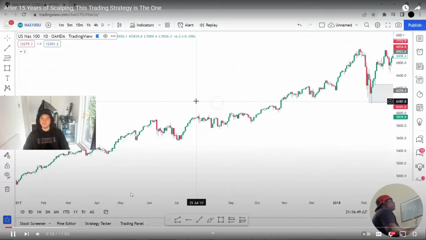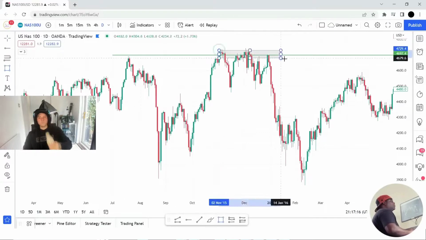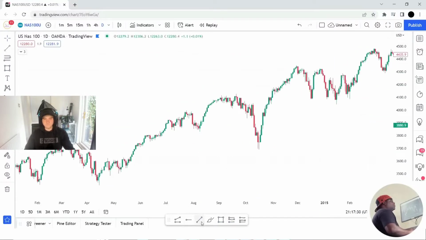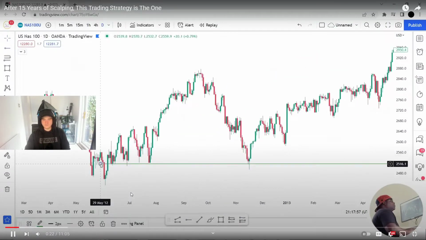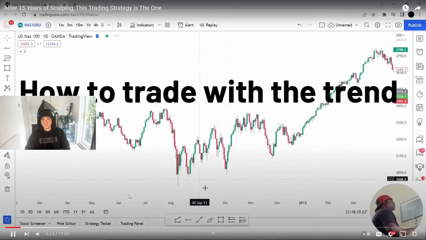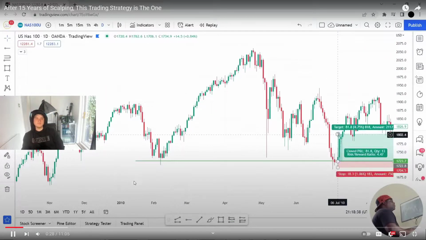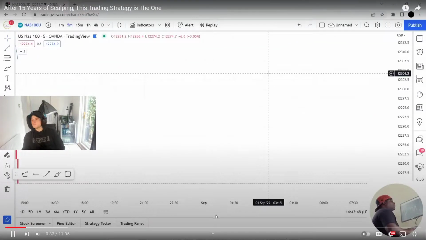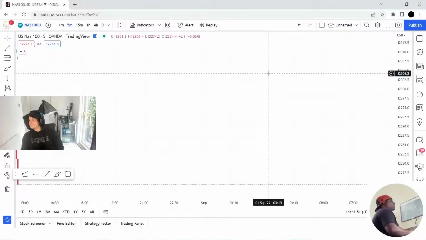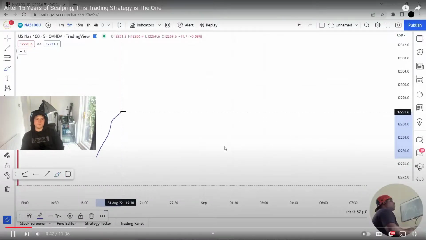And I found out that it's much easier to go with the momentum versus trying to fight momentum, okay? Now, I do trade against the trend sometimes, but for the most part, I trade with the trend, and that's it. So today, I'm going to show you how to trade with the trend, and I'm also going to show you trades that I took this month trading with the trend, okay? So let's go. Now, before we get into how to trade with the trend, let's talk about how to identify the trend first. Okay, so if you're looking at the market, we want to see higher highs and higher lows,